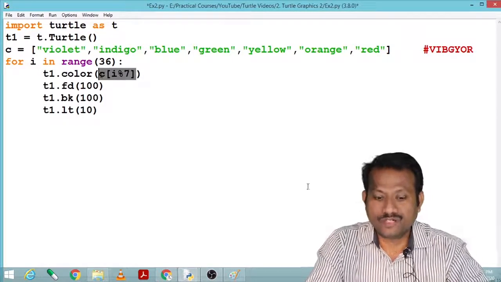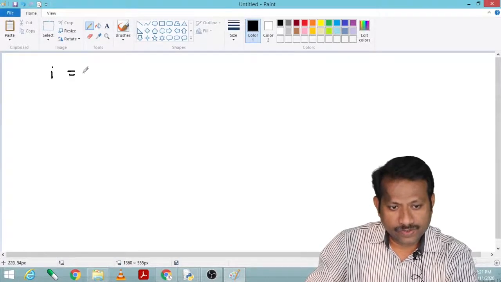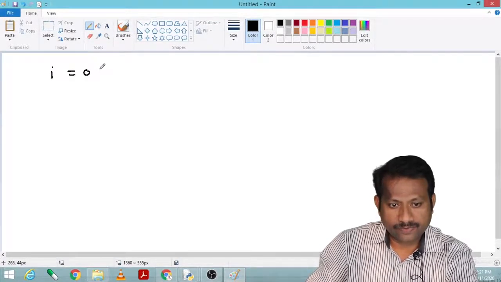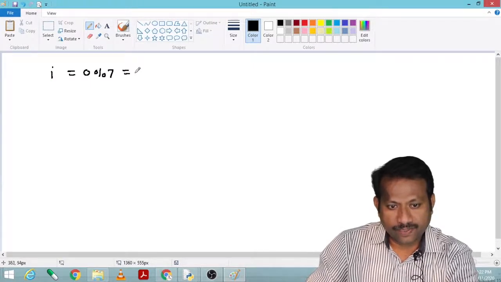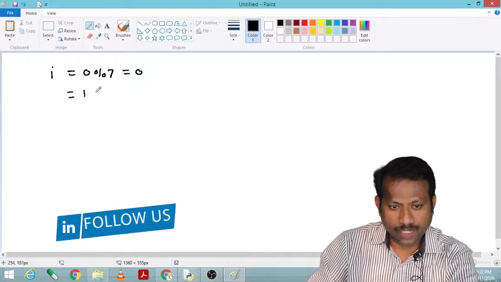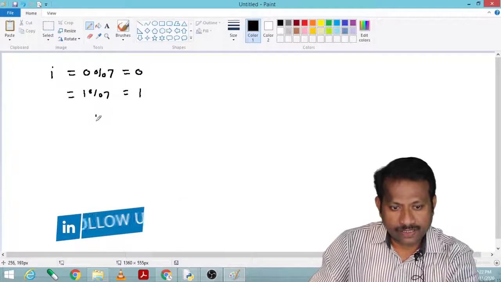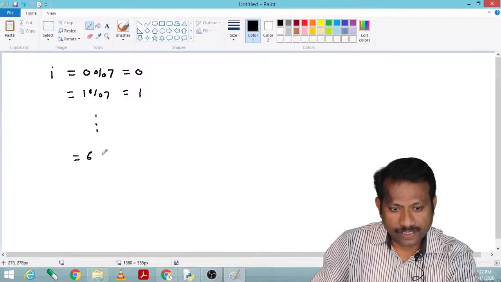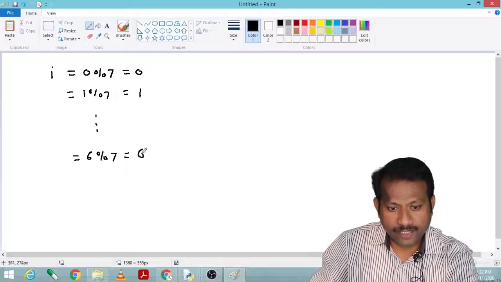Now how is this C of i modulus 7 going to work? Let us see the logic of it. Here when i equals 0, we are saying modulus 7, it will result in definitely 0. When it becomes 1, modulus 7, we'll get remainder 1. Similarly, when 6 modulus 7, it will give me remainder 6.